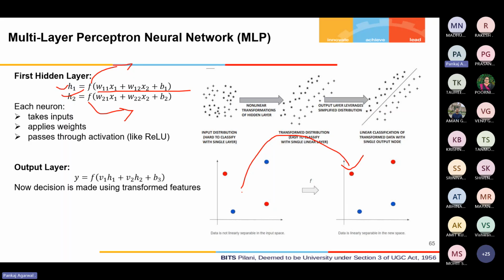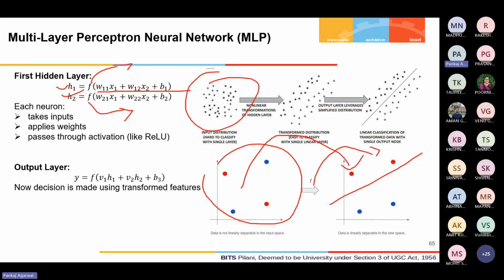So from the starting representation, we got a conversion into another representation, where I can now separate my data by a separating line, right? So this could be the initial form of the representation of the input data. This could be the intermediate representation. Then ultimately you can see that after one more transformation, I was able to represent it by drawing a single line. Okay,